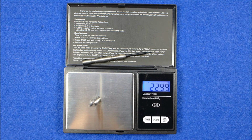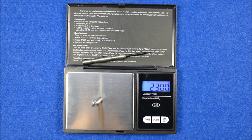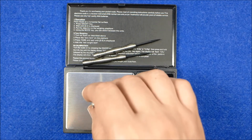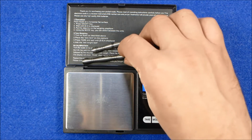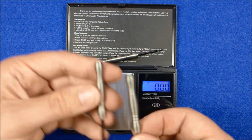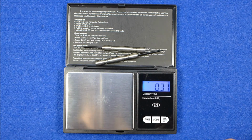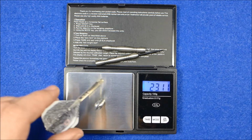That one, try that one again. Yeah, we'll call that one 23 grams. And that one is 22.95, so there's a little bit of difference there between that heavier one and you. There's a lot of machining on the barrel, but I'll just go with that heaviest barrel, and the full setup